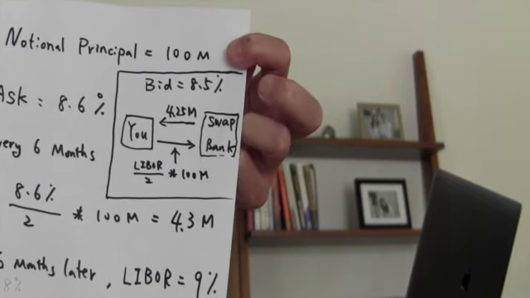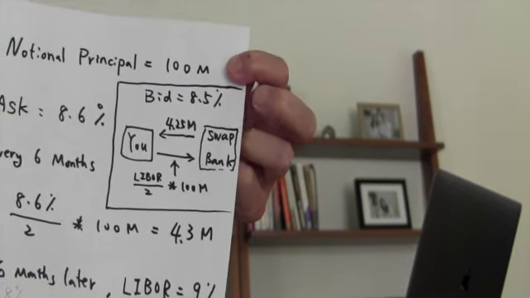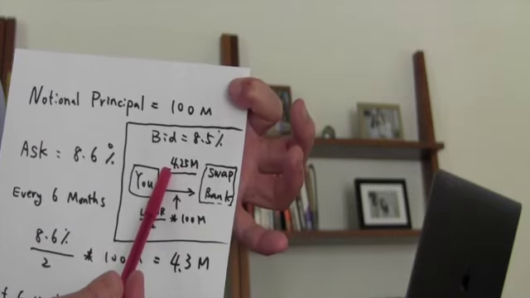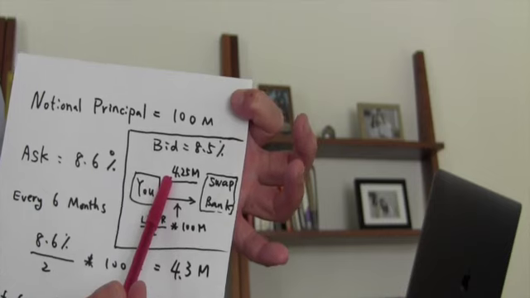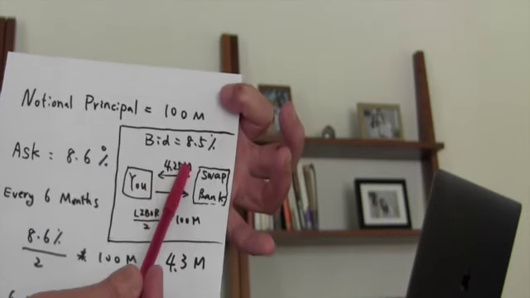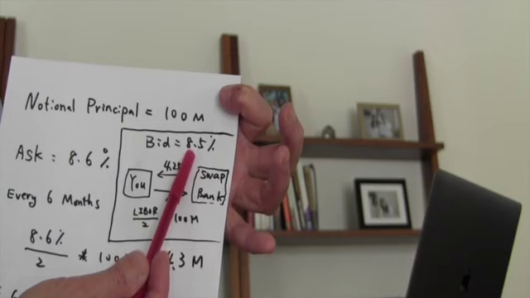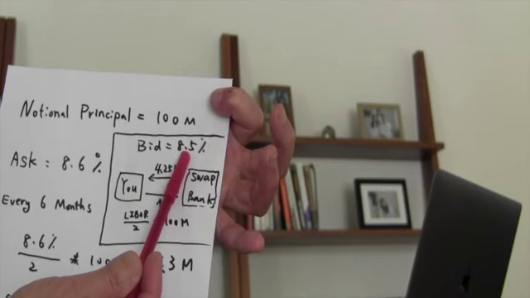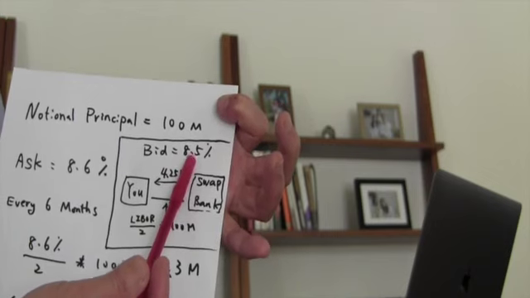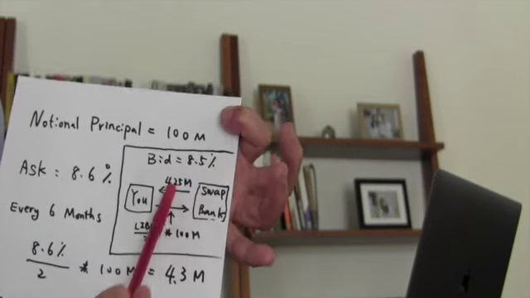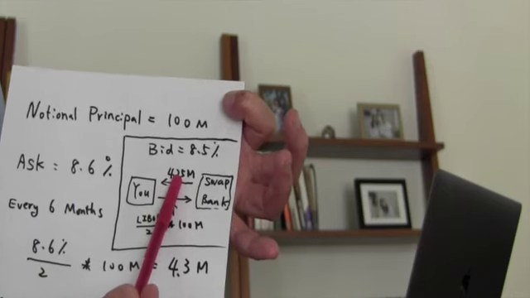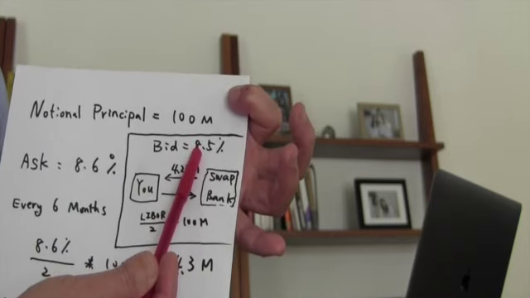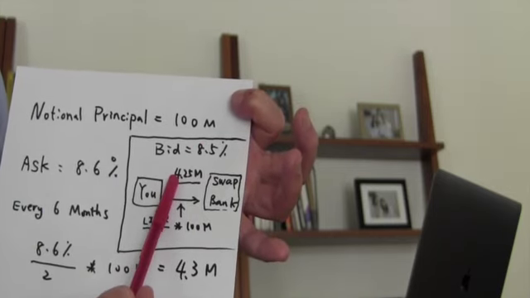On the other hand, within this little square box, what if we desire a fixed payment inflow? What if we wanted to receive a fixed payment? What amount of fixed payment will we be able to receive? We'll be able to receive 4.25% because we're talking about the 8.5% bid price. Okay, the bid price is 8.5% divided by 2, 4.25% times $100 million. So we are going to receive 4.25%, not 4.3%. Okay, and we can only get 8.5% when we receive the money.